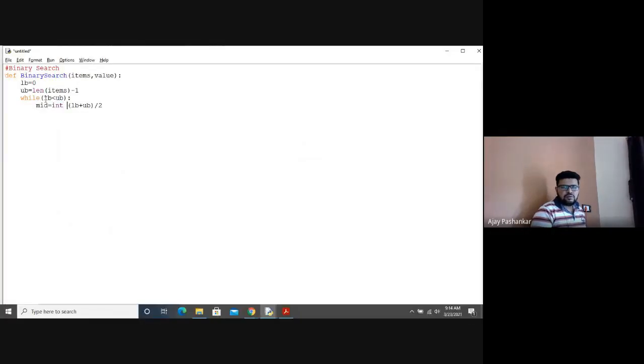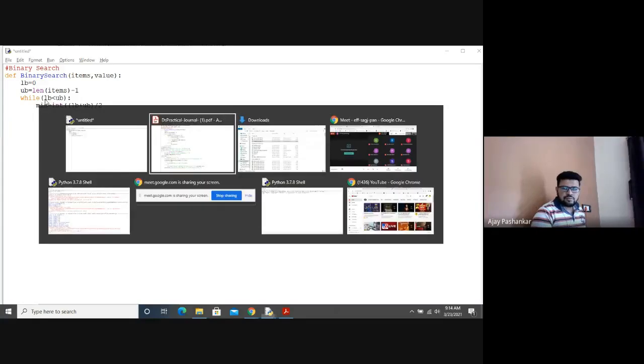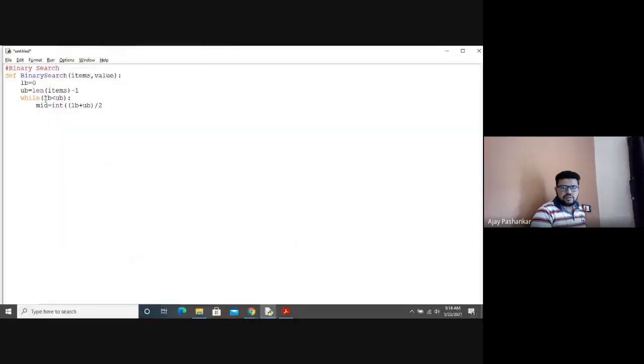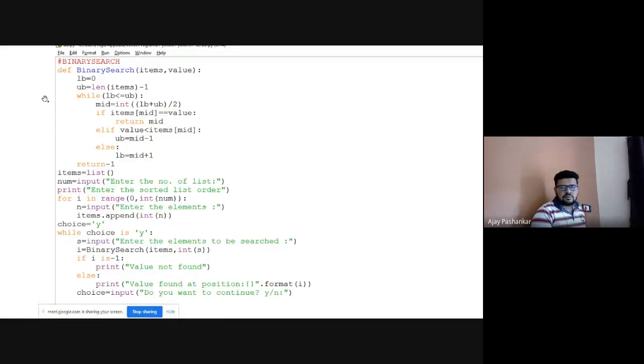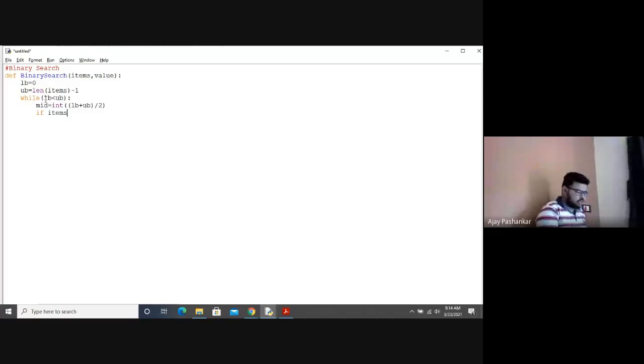You have to specify one more value here. So if items[mid] equal to value, return mid.